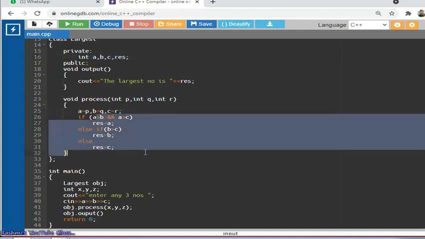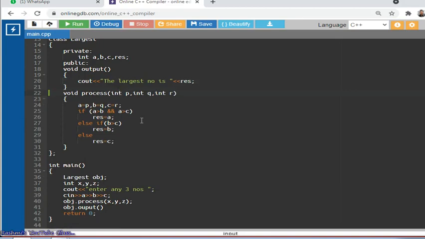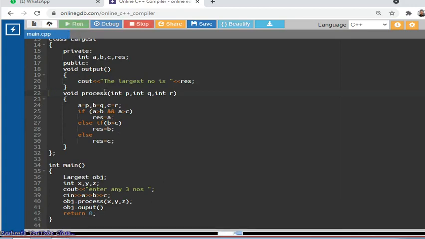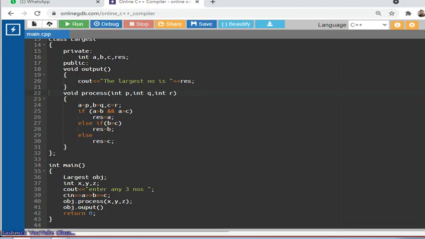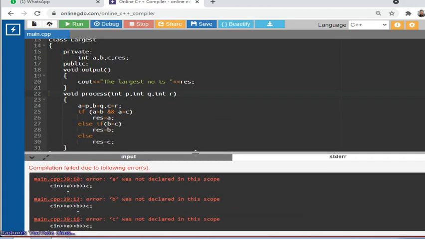Thereafter, this logic is perfect. Then output is perfect. I need not change anything in the process, or in the output. Fine. Hope the concept is clear. Let's execute. Thereafter, once again I will explain. So let's run the program. Don't think that there will be any changes in the program, students. There won't be any changes in the program.